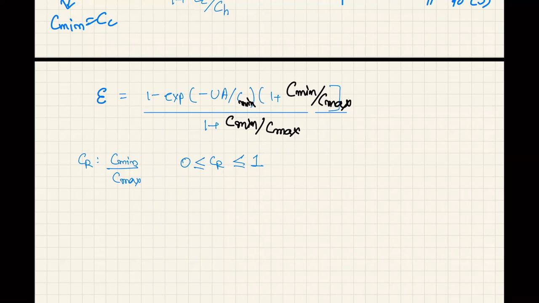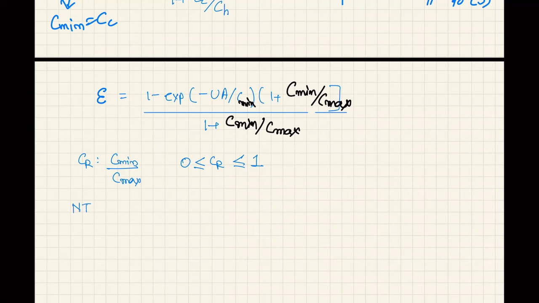Because it's a ratio of minimum and maximum, and the maximum that we know is that both the C values Cc and Ch can be equal. This ratio can never exceed 1, and there is a particular case when Cmin will be 0, and we will be discussing this particular case. Now we are clear. You see there are limits on Cr, 0 and 1. So what does Cr equal to 0 mean, what does Cr equal to 1 mean, we will be discussing them now.